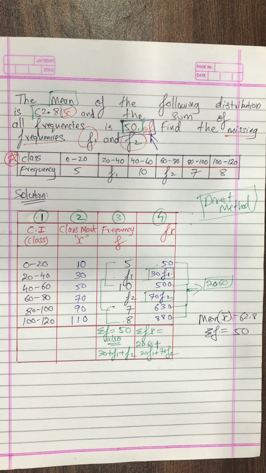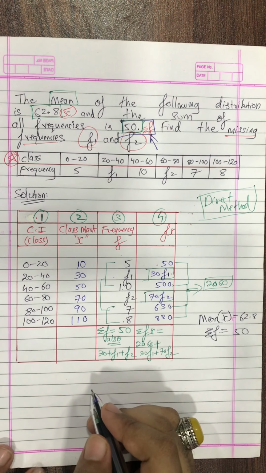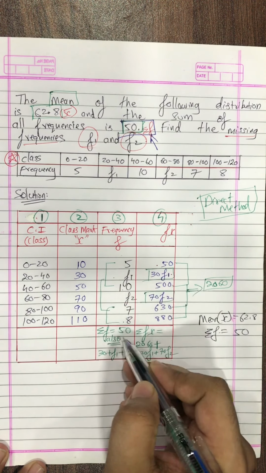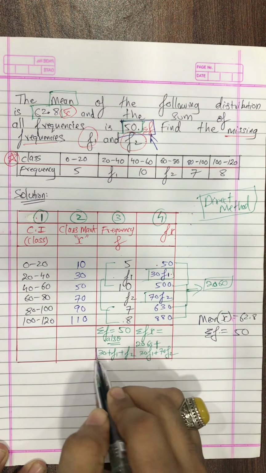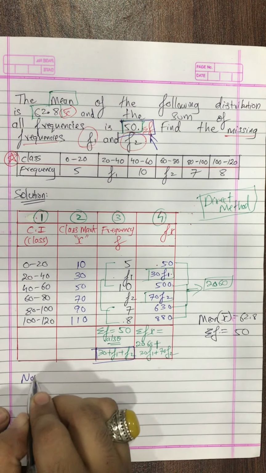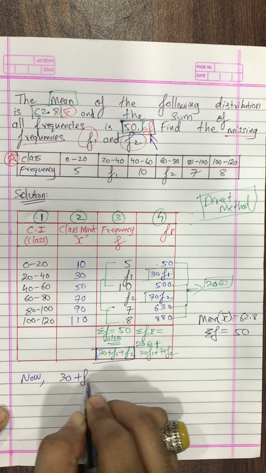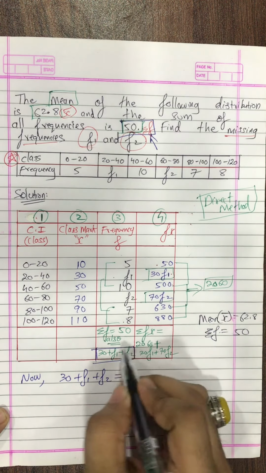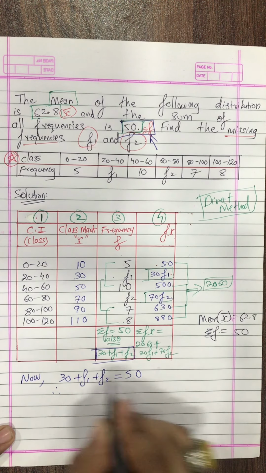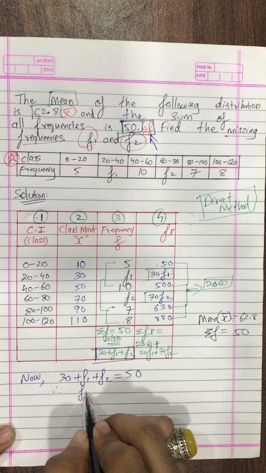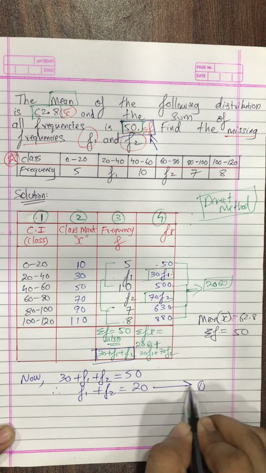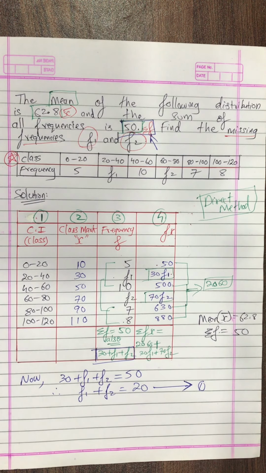Students, it's there in front of you. See, it's clearly mentioned that summation f value is 50, but if I add algebraically, it comes as 30 plus f1 plus f2. So now I can write 30 plus f1 plus f2 is nothing but 50. Therefore if I take 30 to the other side, it becomes minus 30. So 50 minus 30, f1 plus f2 is nothing but 20, and this is our equation number 1.